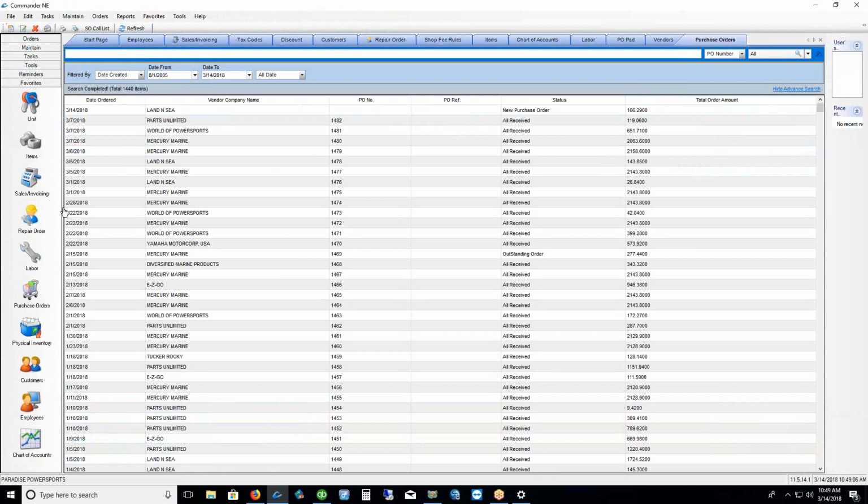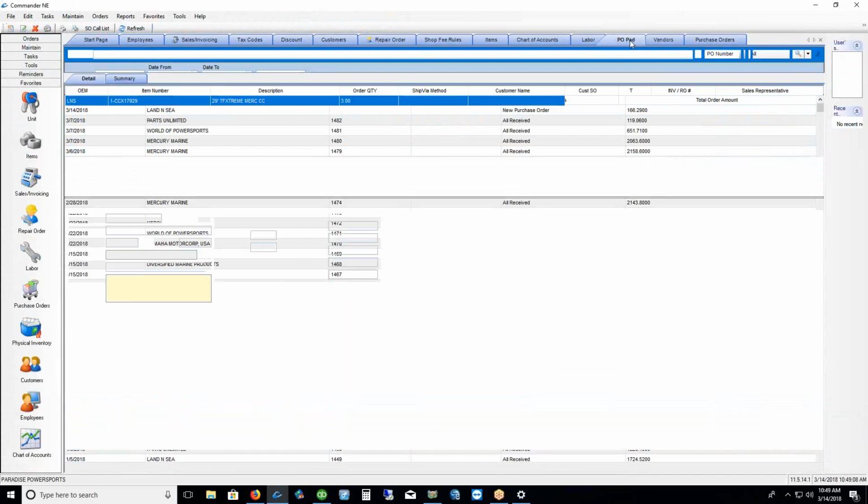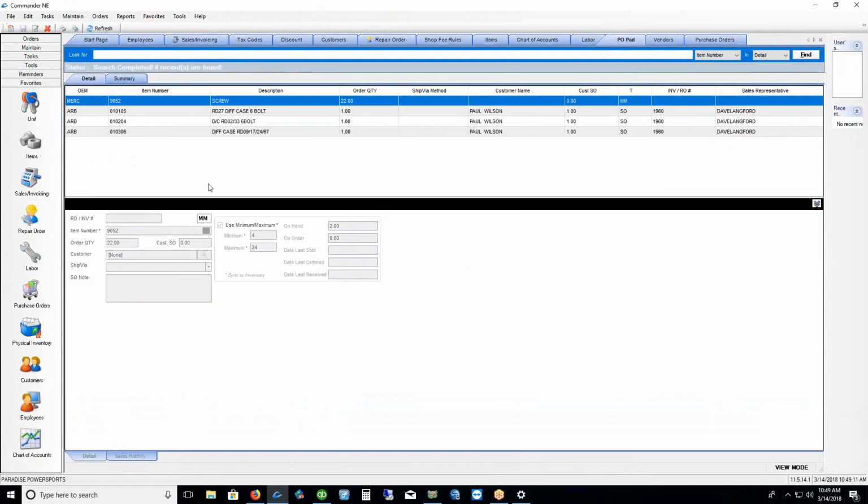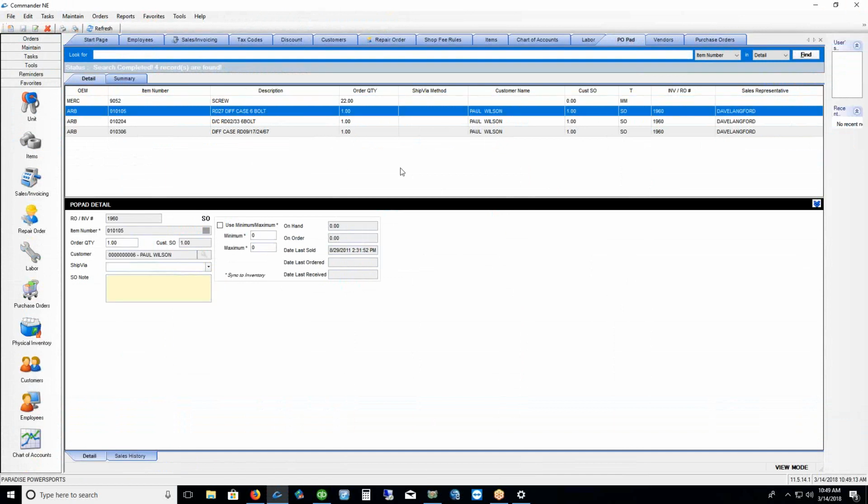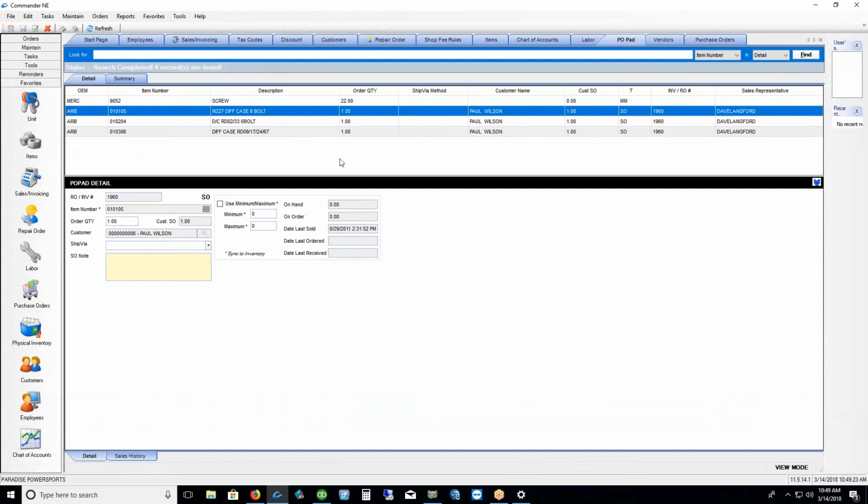Very important to know that if you have items on the PO pad, let's say these ARB parts here that I have for Paul Wilson. These came from an invoice. These came from invoice number 1960. And if we want to do maintenance here, we do not delete items that come from invoices or work orders off the PO pad. So it's a bad idea. If we right-click and we try to delete it,